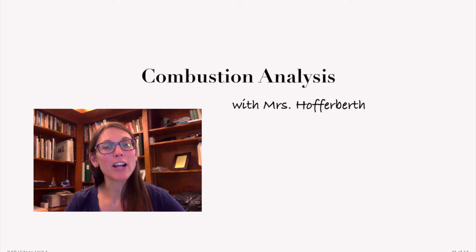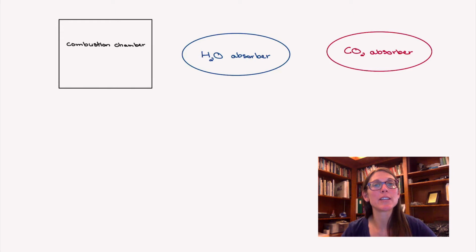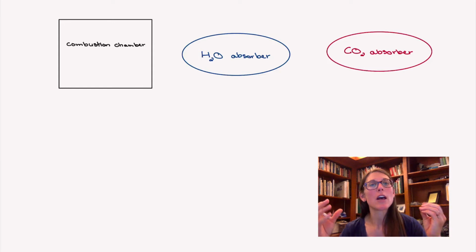Welcome back. Let's talk about combustion analysis. Combustion analysis is a method to determine the empirical formula for hydrocarbons. Listening to the name, a hydrocarbon is a compound that contains hydrogen and carbon. It can also contain other elements, things like oxygen and nitrogen, the halogens, sulfur, but it will always have carbon